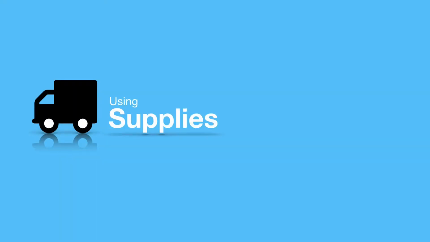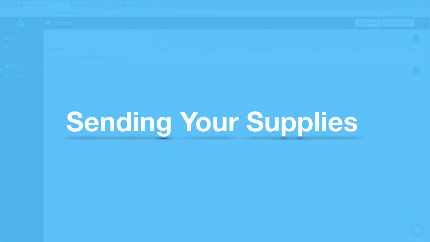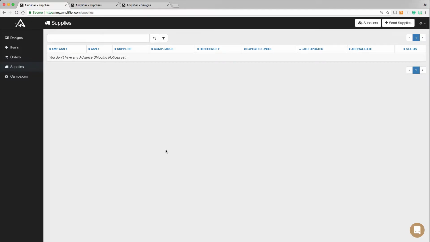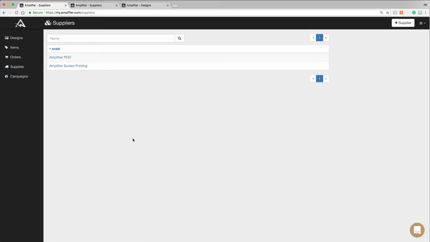Sending inventory to Amplifier properly is essential to timely receiving. You send inventory to Amplifier properly by using our supplies tool. In order to have supplies, you have to designate suppliers. In this case, by default, you can see that Amplifier's print-on-demand department and our screen print department is already added